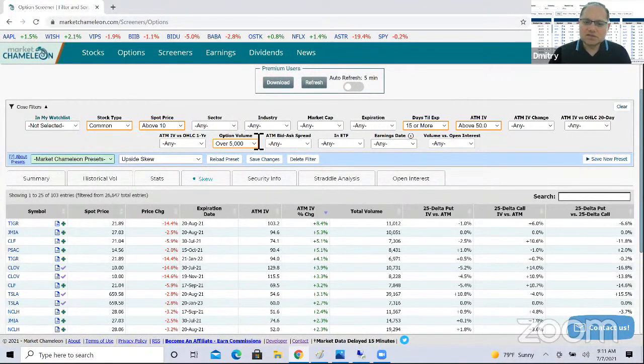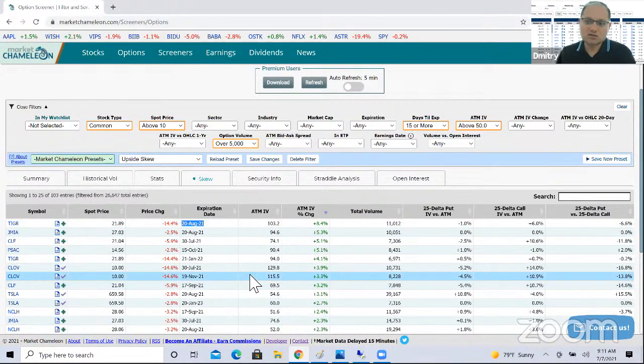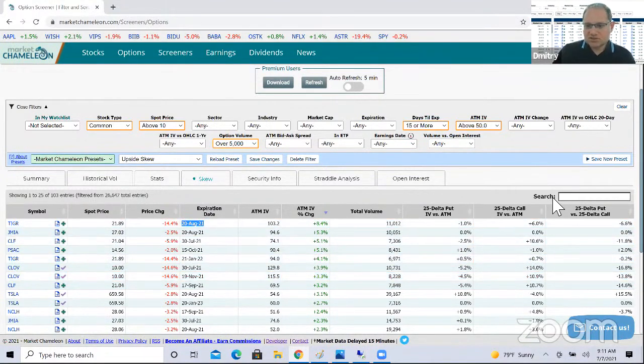So over here, I'm saying that the option volume has to be at least 5,000 contracts on that particular expiration, right? Because I want to see some trading, because trading can present opportunities. Now, since I'm looking for an upside skew, let's look for the 25 delta call. So I'm going to just sort this